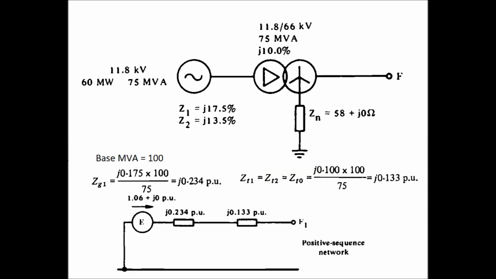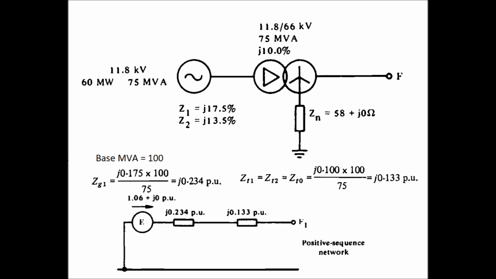Just like the earlier video, we have taken the base MVA as 100 MVA, and we will convert all the positive sequence, negative sequence and zero sequence impedances of the different equipment to per unit quantities on the 100 MVA base. First, for the generator, the positive sequence impedance is 17.5% to its own base, that is 75 MVA. So on the 100 MVA base, Z1 of the generator is equal to 0.175 into 100 divided by 75, which comes as